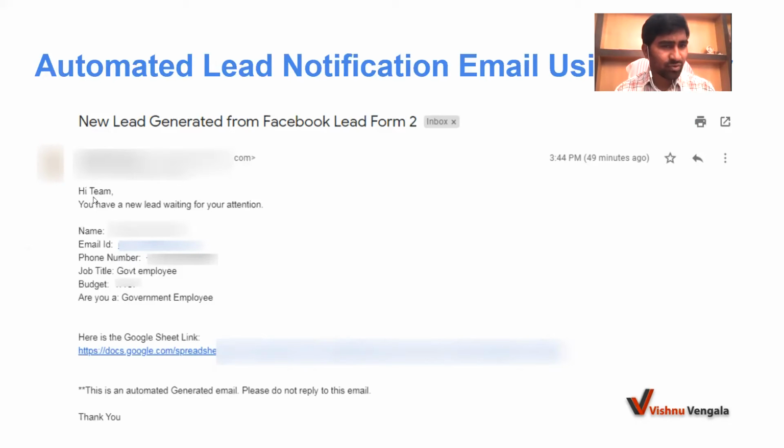This is how you can write predefined emails, and all these details are automatically filled in real time: name, email ID, phone number, job title, and their budget. So whenever your salespeople get this email notification, they can immediately call the prospect.